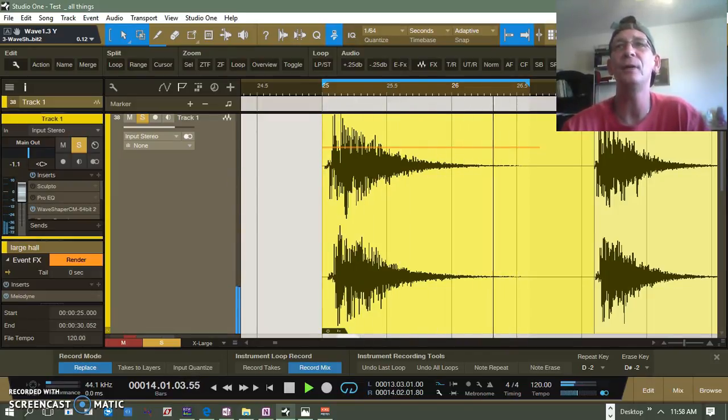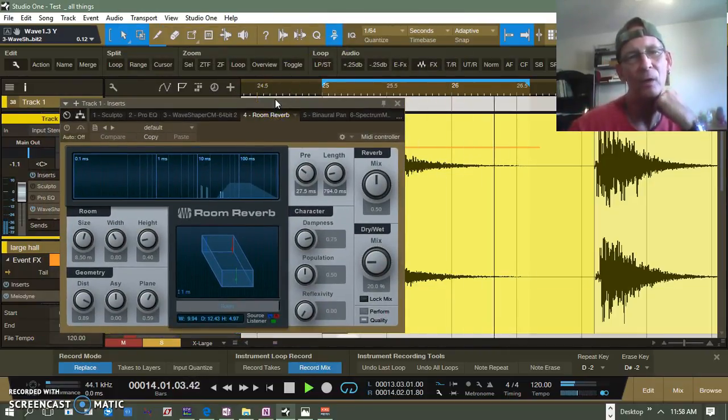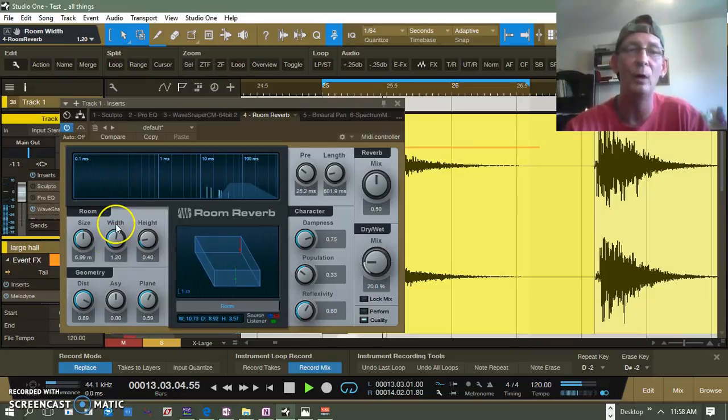So what would be the next thing? The next thing is you can actually take other reverbs. You have another reverb, and you're working on this impulse response after you've done all this other work, and you want to add some dampness to it, or take some away, or add some population to it, or remove some, or mess with the reflectivity to where it's more reflective or less reflective, the distribution, the size of the room, all those kinds of things, some pre-delay. All those things, you can take other reverbs you have and put them on that impulse response and do some sound sculpting on it to really get it the way you want it to sound,